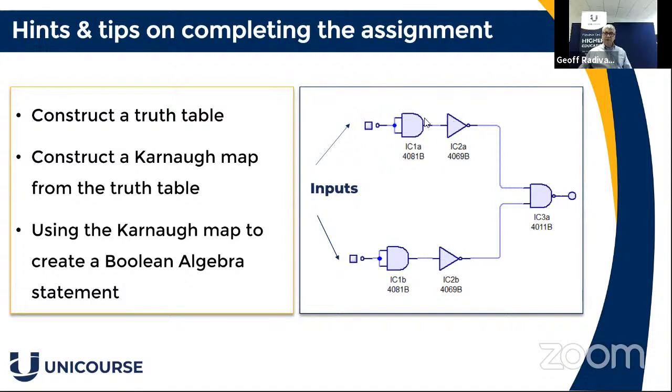Think about it. We've got here an AND gate and a NOT gate, but in the world of electronics, like the 7400 or the 4000 series for CMOS, well, let's take the 7400 series. We can actually use a NAND gate. We don't need to use a NOT. We can use a NAND gate, so that will be, instead of using